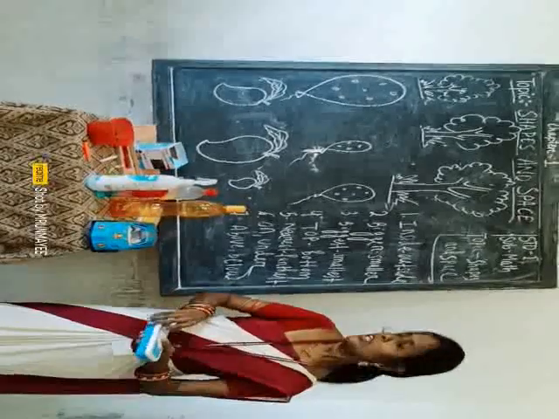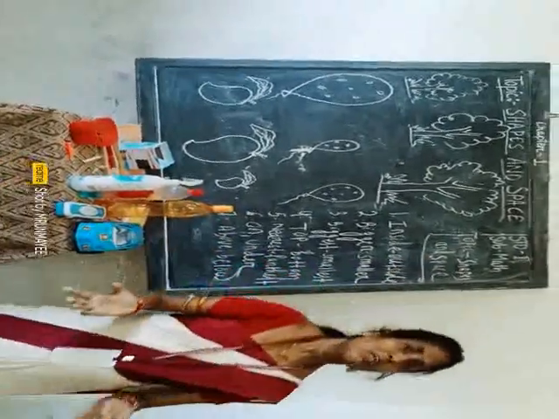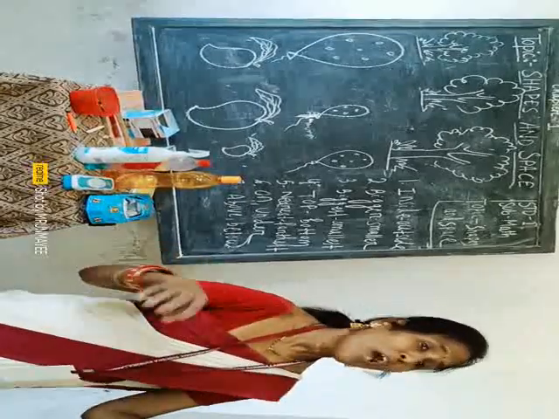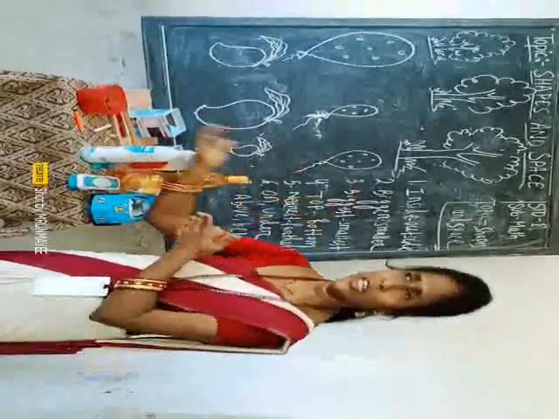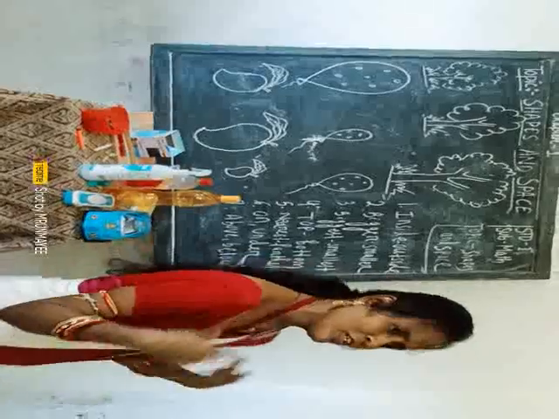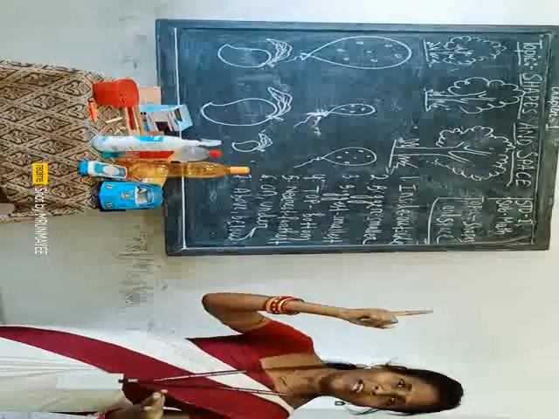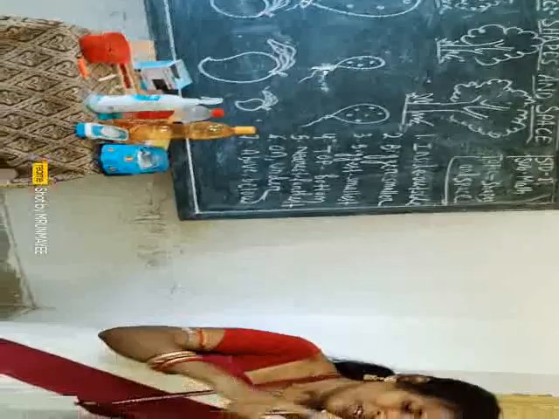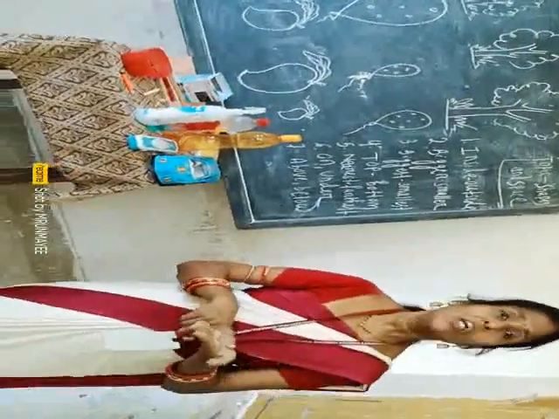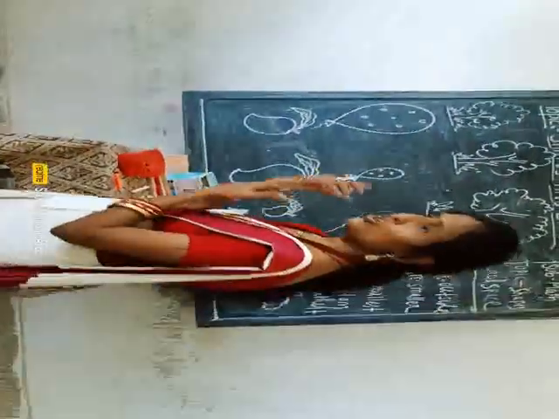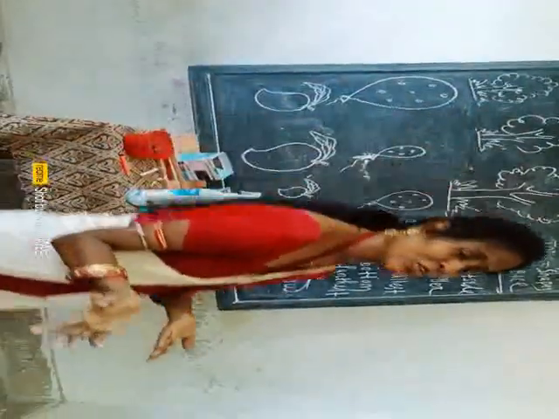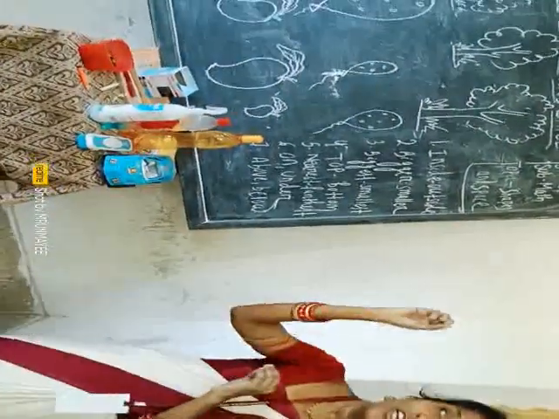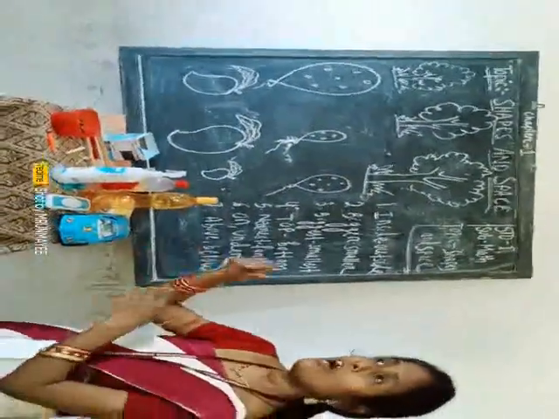Right? So now I will ask you some questions. Please tell me, students, what are the things you have seen inside your house and what are the things you have seen outside of your house? Come on, who will tell? Yes ma'am, I will tell. Okay. If I say your washing machine, your fridge and your Godrej, all the equipment which should be inside the house, that is inside, and all the trees which you are looking at outside of the house, that is outside.